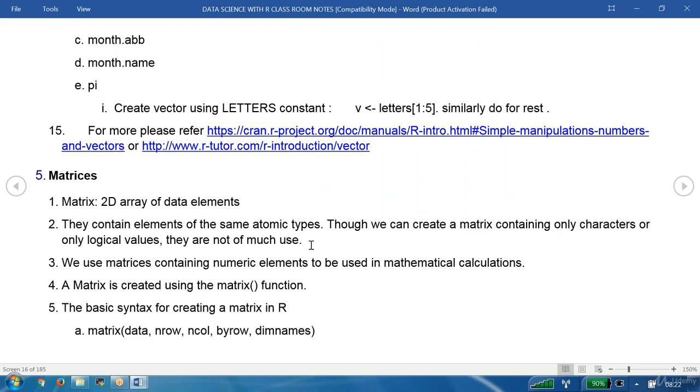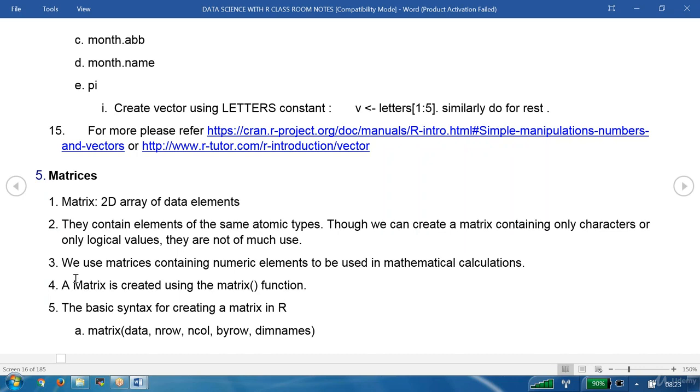We stored only numerics, right? We didn't store the string values. But you can store string values, but it's no use. No use for our mathematical calculations, our scientific calculations. Even matrix is one big subject. We have one software that is called MATLAB. Before our R and Python came into the picture, MATLAB was the one which is useful for the statistical calculations. That purely works based on the matrix. That's it. That much of a great concept is the matrix.